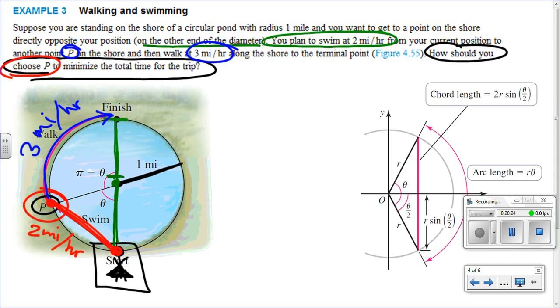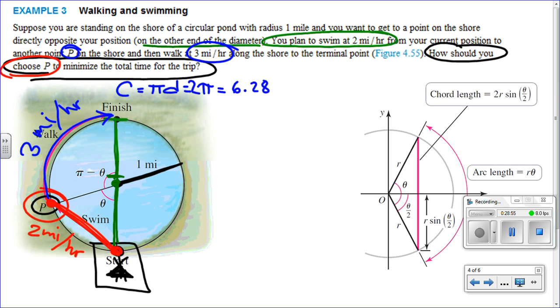No, the idea is that she doesn't want to get out of the pool earlier because going around the circle is actually going to take longer, because it's more of a distance. So let's imagine, if we know the radius of the circle, could we know the circumference? It will be pi times diameter, right? So we already know the diameter is 2 miles, so it will be pi times 2, so like